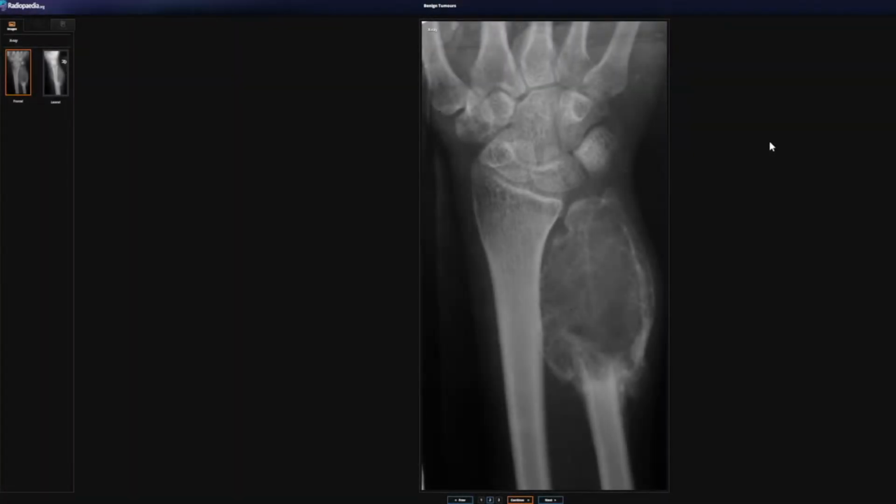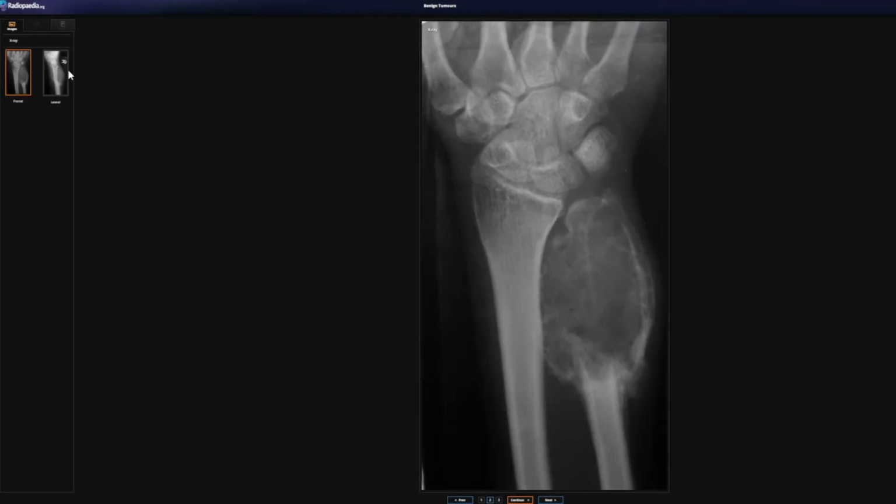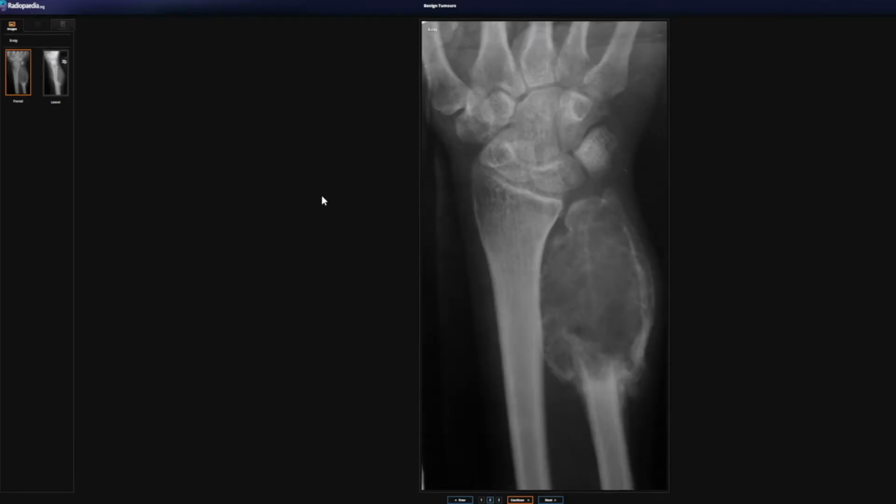And here is that case that I was just referring to, where we've got a PA and a lateral X-ray, plain film X-ray projections of a patient's right wrist. We can see the right hand marker is present on the lateral projection. This is of a 30-year-old male who presented with swelling and pain of his right wrist, and we can see where we've got the healthy bones in the wrist, where we've got lovely appearance of the carpals, normal appearance of the distal radius, but then as we look at the